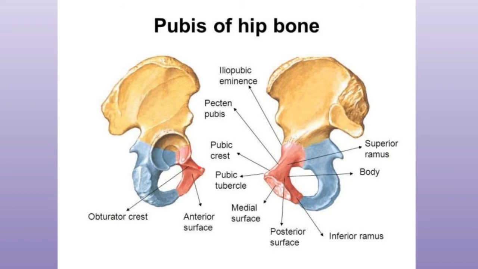Now next is the pelvic surface. Pelvic means on the inner side, near the pelvic structures. So on the inner side, this is the pelvic surface. It lies between the superior and the inferior border of the superior ramus and is smooth and continuous with the pelvic surface of the body of the pubis. The obturator surface is present between the anterior border of the superior ramus and the inferior border of the superior ramus.